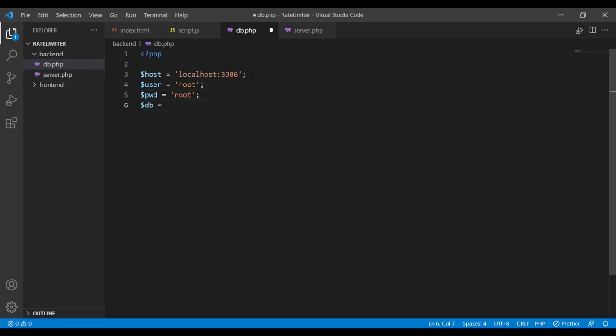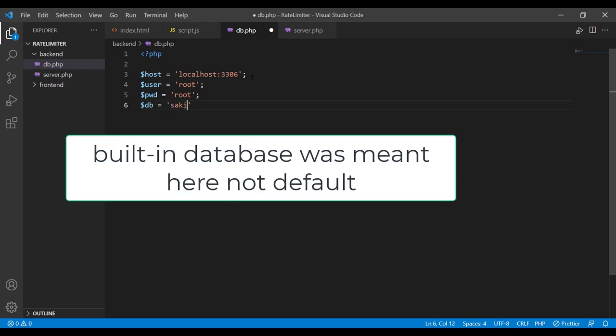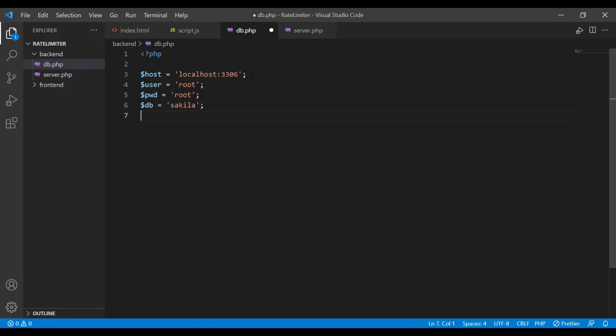And the specific database with which we are going to interact is called Sakila. This is a default database which comes with MySQL 8. I haven't defined this database. It's already there, and it has many tables as well along with the data. You can use any database that you currently have, because our business logic is not dependent on a specific database. So any database will do.